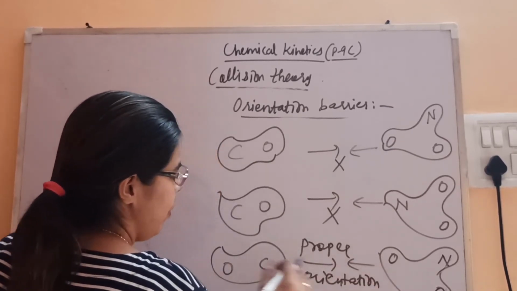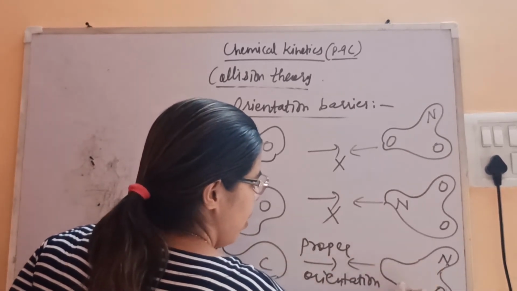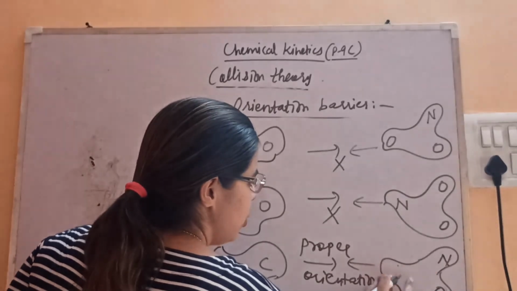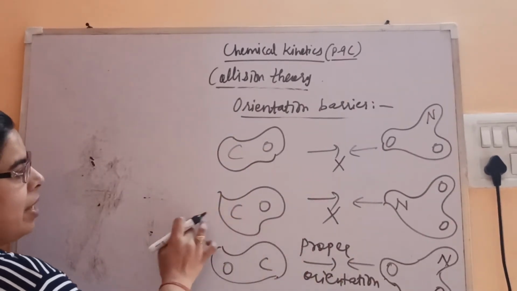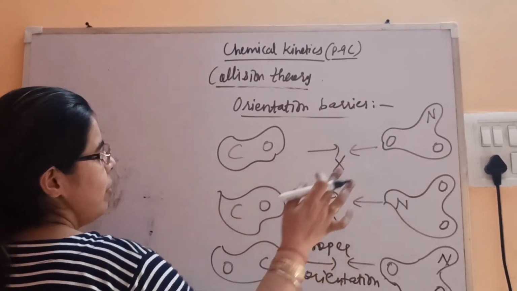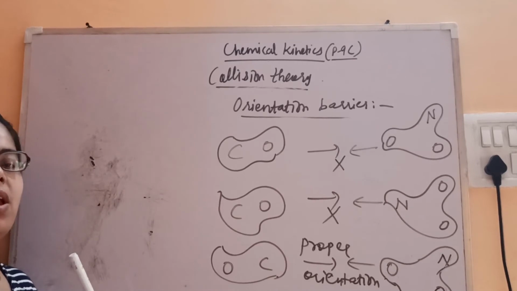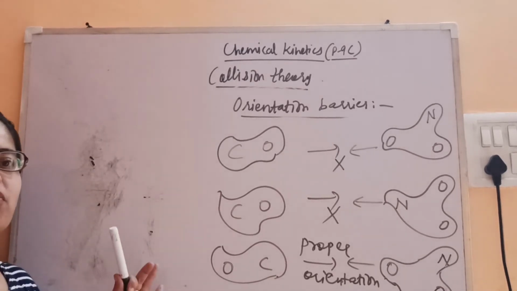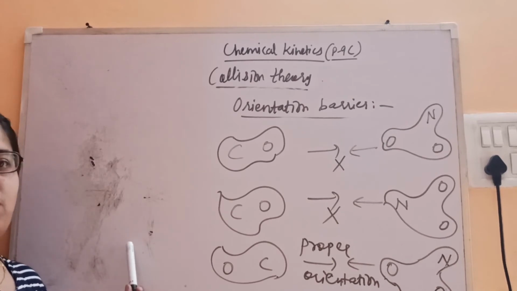As they have to face each other. So they are facing each other, oxygen from NO2 and C from this. Here oxygen is coming, nitrogen is coming. Oxygen is coming, oxygen is coming. So it's not correct. Fine. So this is all about the possibilities. The atoms which take part in the reaction and lead to the formation of product should face each other. If the orientation is not proper, then it will not lead to the formation of product.